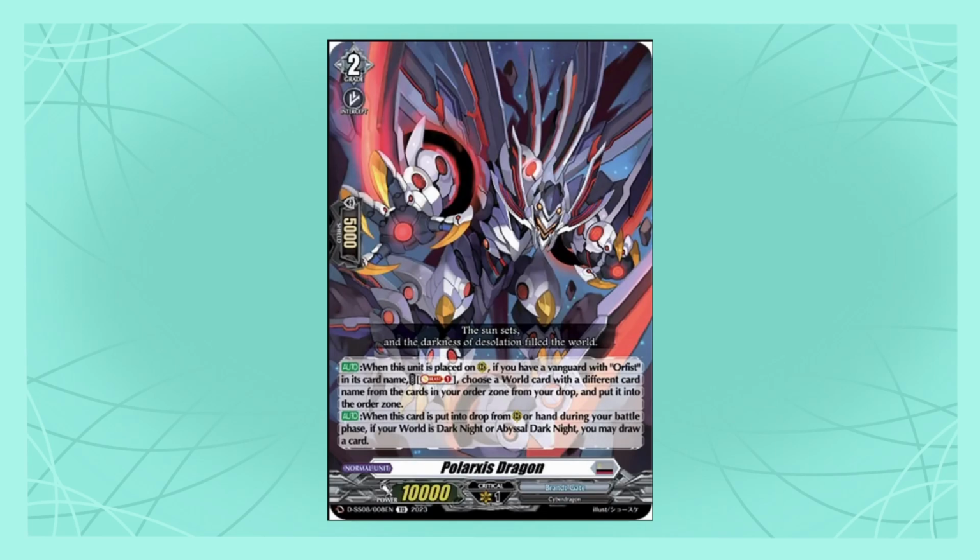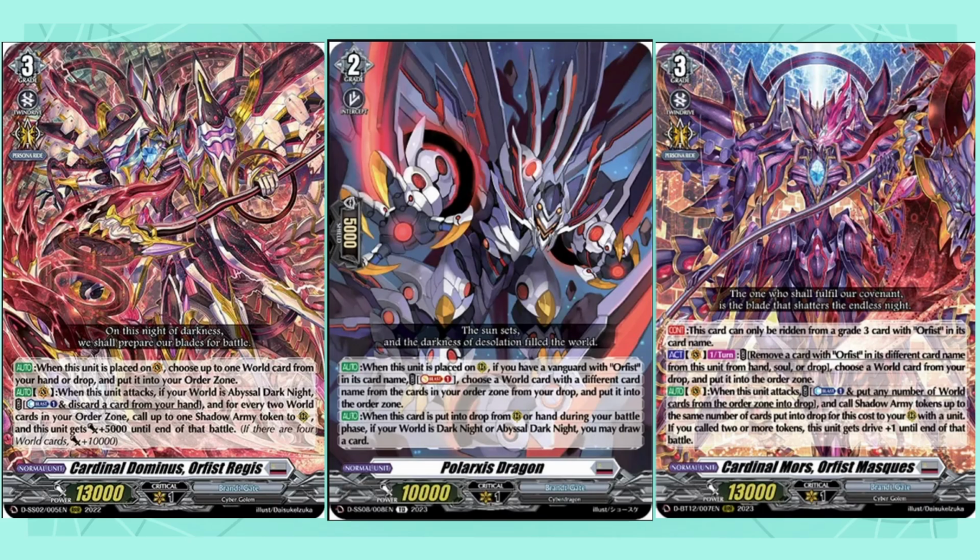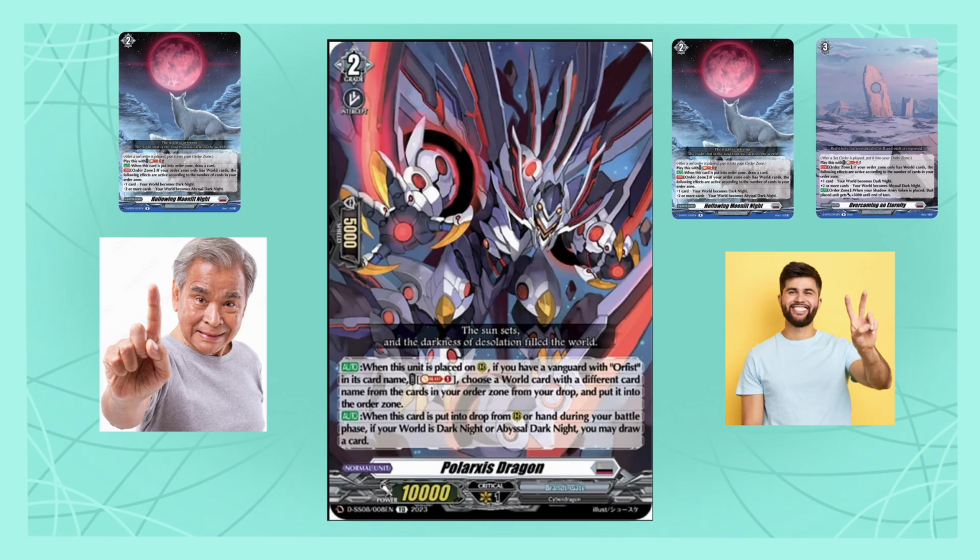Clark's Dragon is a grade 2 that, when played, if you have an Orfist Vanguard, lets you Soul Blast 1 to set a world order from your drop zone that you don't already have set. And when he's put into the drop zone from hand or rear, like being discarded by Regis or called over with a token by, well, either Orfist, so long as you have Dark Knight or Abyssal Dark Knight, he lets you